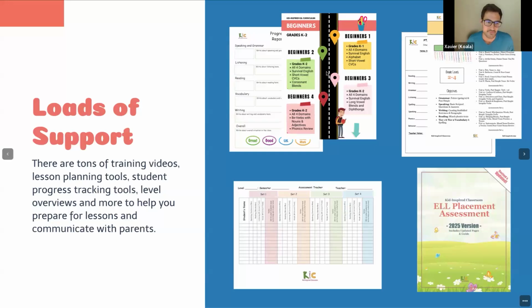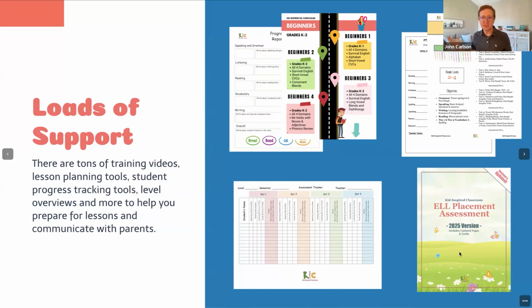The scope and sequence here is an overall view of the entire curriculum. So this is long term. If you're showing parents where we're going long term, this is a good roadmap to that. Then there are these handouts for each level, and there are parent versions of this. There's even Chinese versions of this in the curriculum. So you can hand this out to your parents, and they can see what's covered in this specific level and where that is in the entire curriculum.